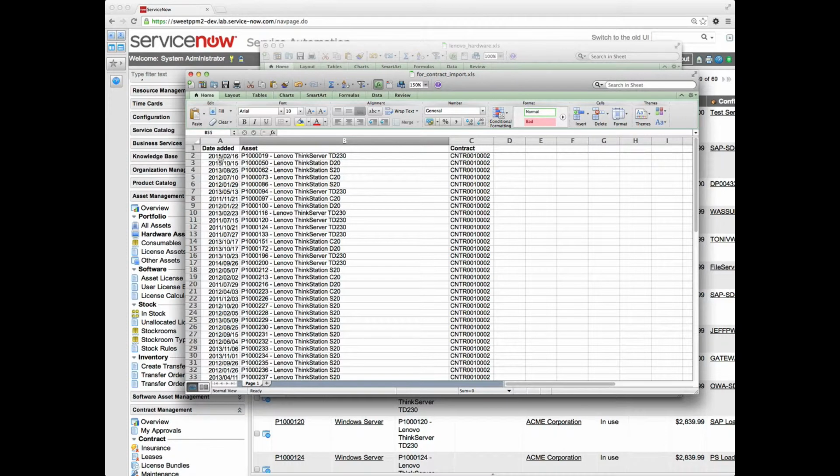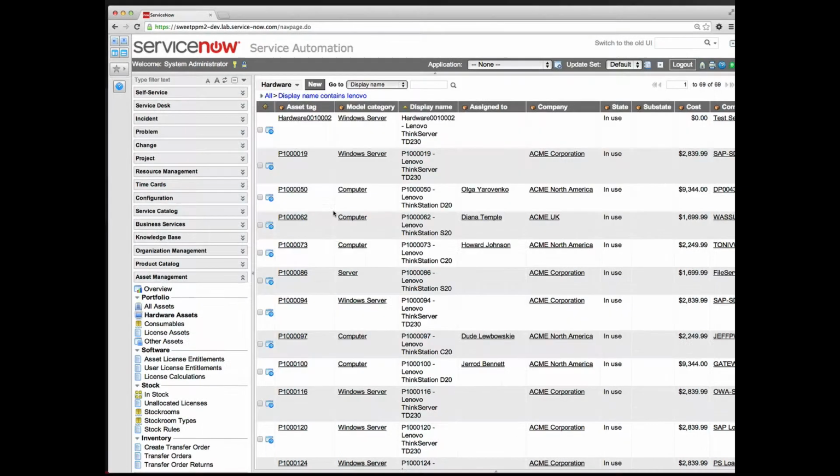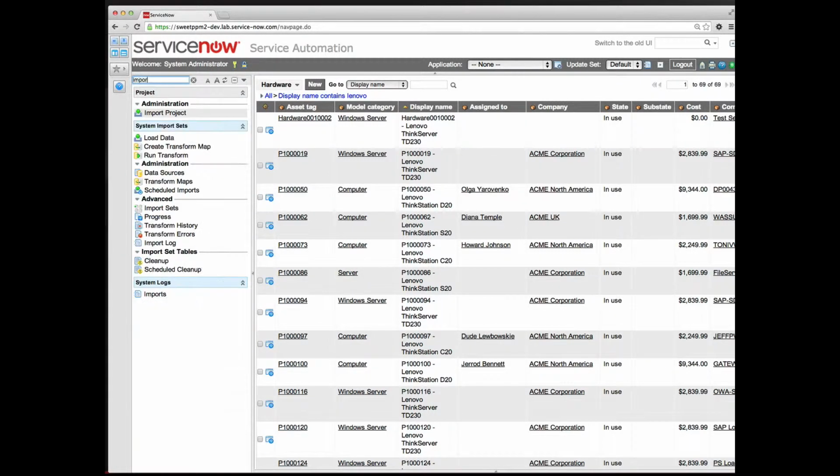Now the date, that final item, is the date. The date can be a little tricky. You can enter the added date into the spreadsheet to import, but dates are very particular when you import them. I've included the dates here, and in just a moment we'll look at how to handle these dates on the import. From here, we'd use the import process to load the data, then we'll create a transform map and then transform the data. So I'll go to import sets, load the data,